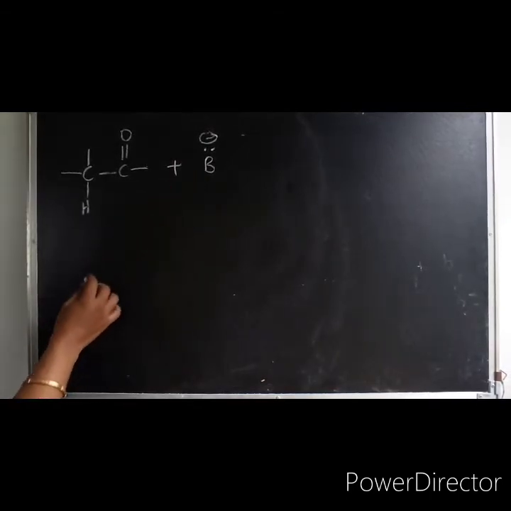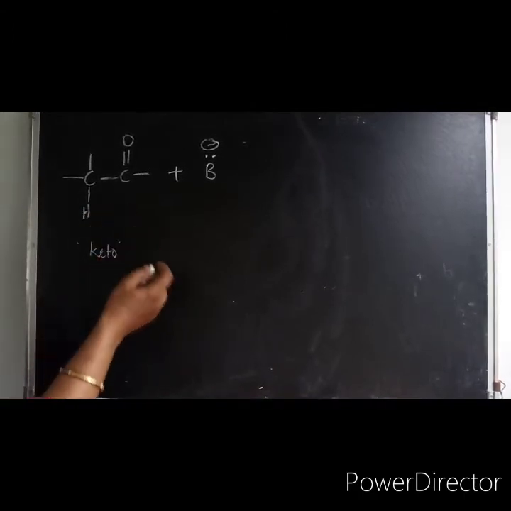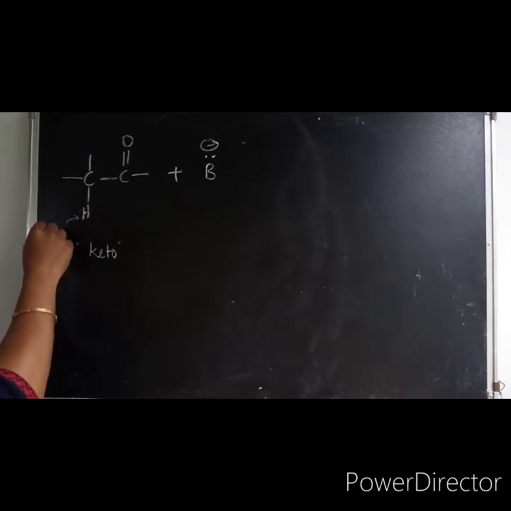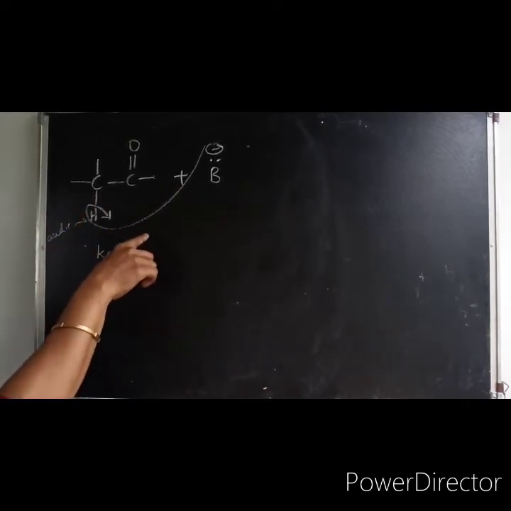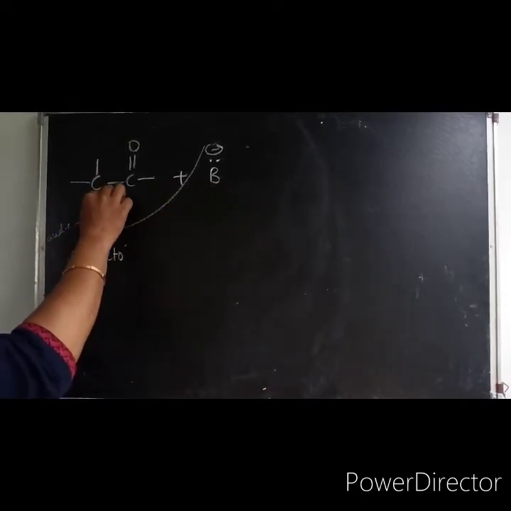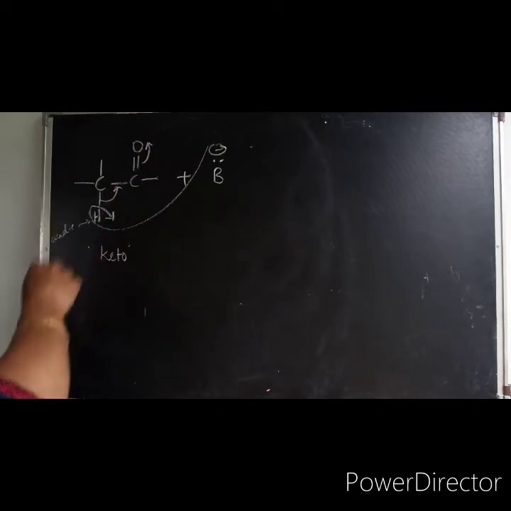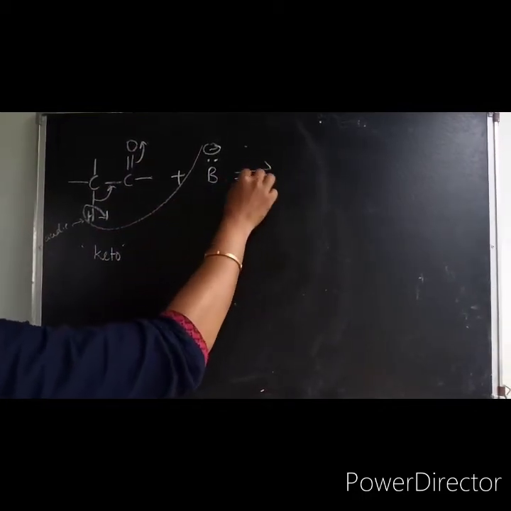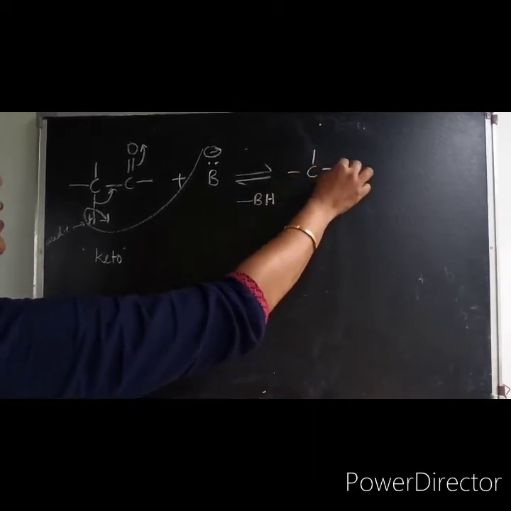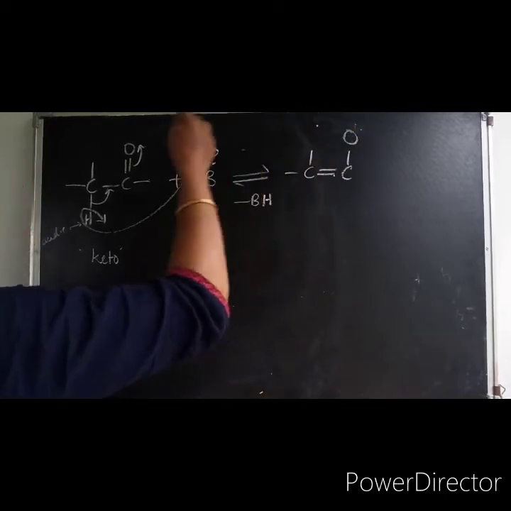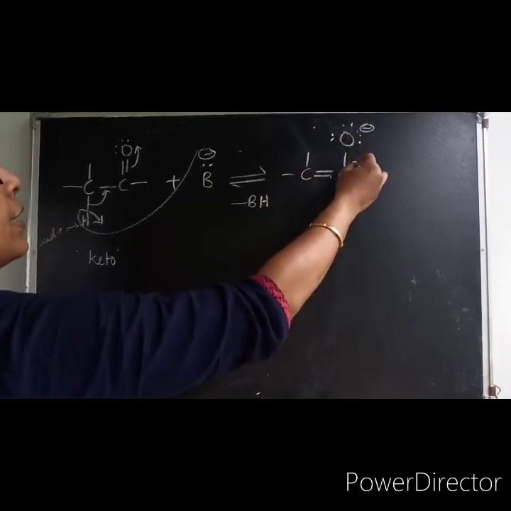Now let me discuss the base catalyzed enolization. This is the keto form. This alpha hydrogen is acidic in nature, so the base will take up this proton as H plus. So this will become BH, and this pi bond will become a lone pair. So how will you write this? Minus, BH, the base goes with the proton, and here you will get C double bond C, oxygen. Oxygen already has 2 lone pairs. The bonded pair also will come since there is a negative charge, like this.